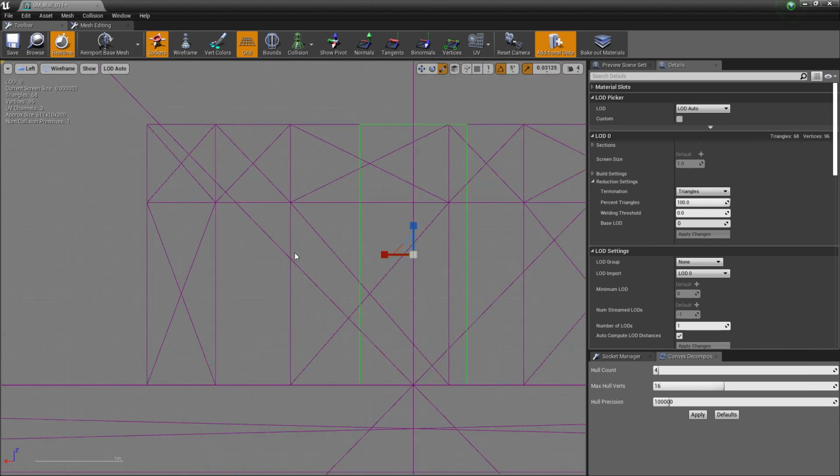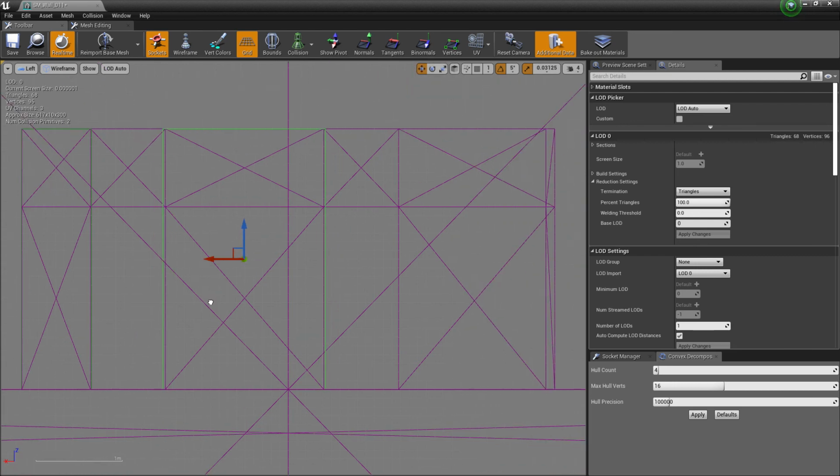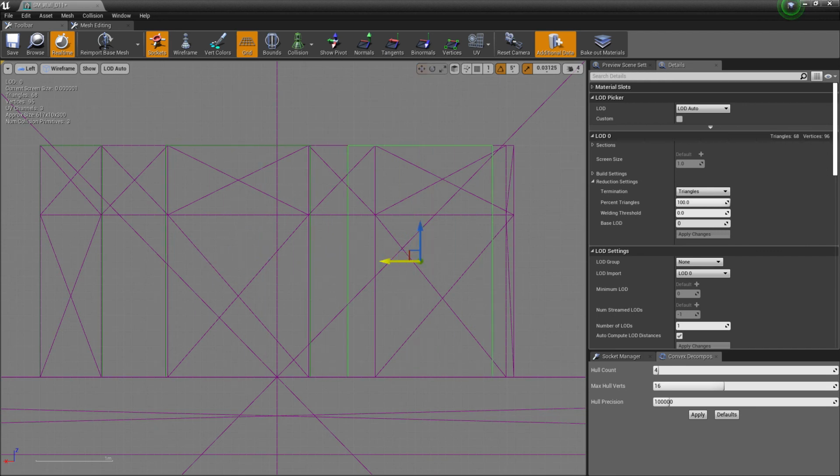Rescale the collision box. Create another copy by pressing Alt plus LMB and dragging. Follow it again.